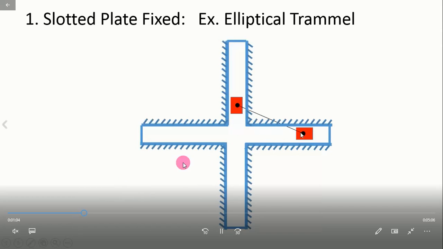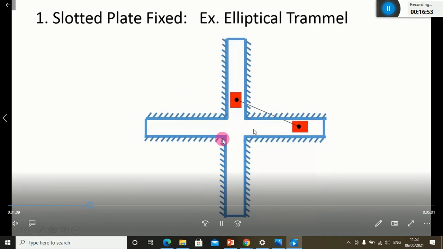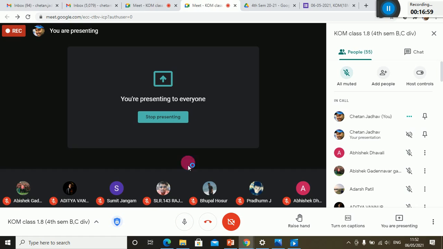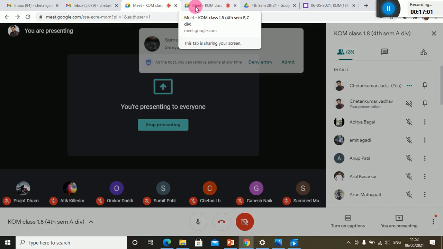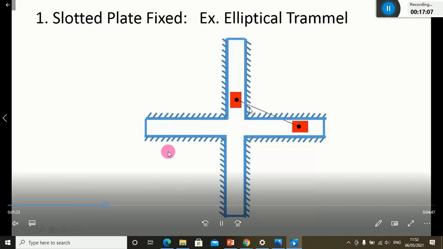If you fix this slotted bar, it will become an elliptical trammel. And when you extend this connecting link, it will trace an elliptical path. And instead of fixing this slotted bar, if you fix any one slider, for example, you can see,